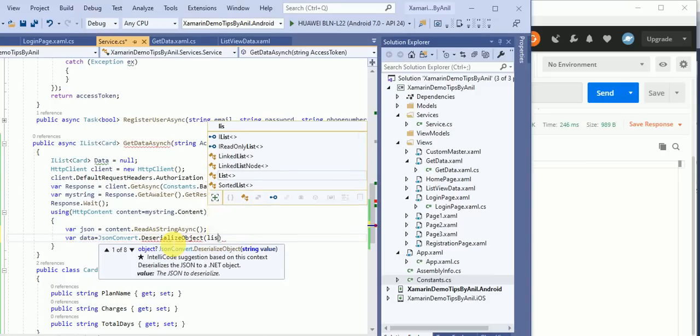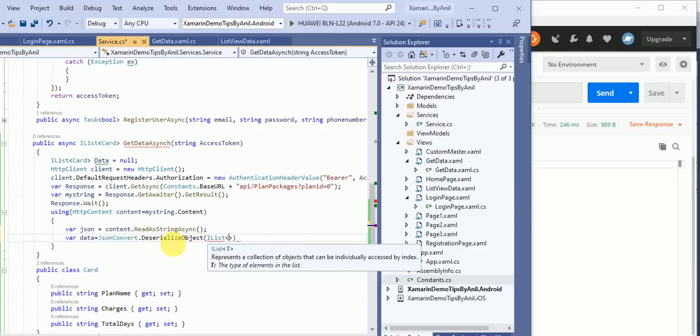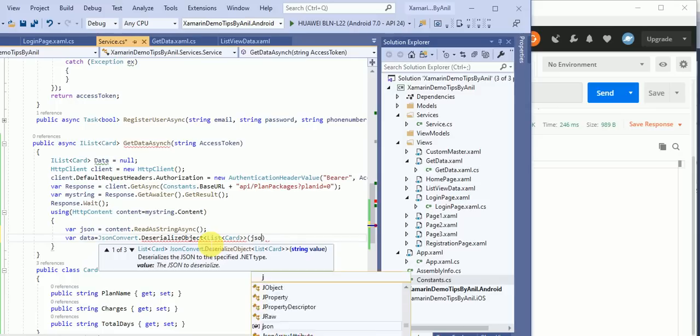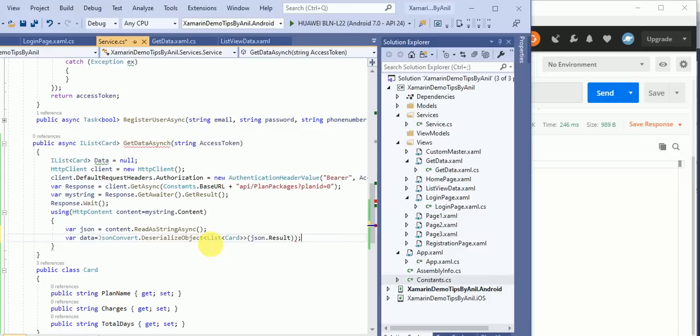Here we will pass a list, and in the list we will pass the Card. This data we have to pass.